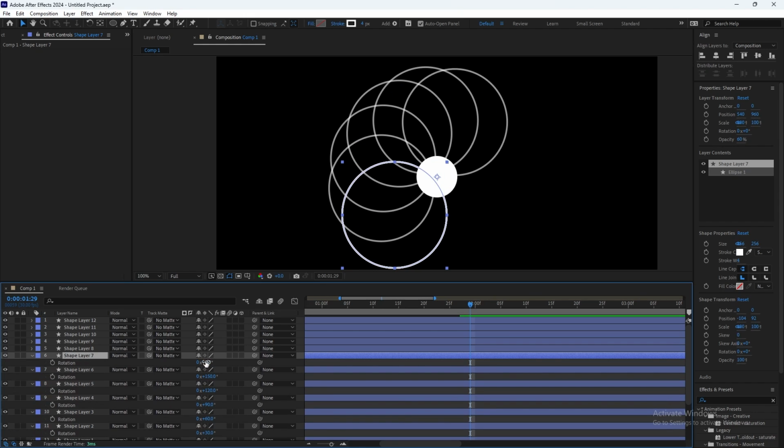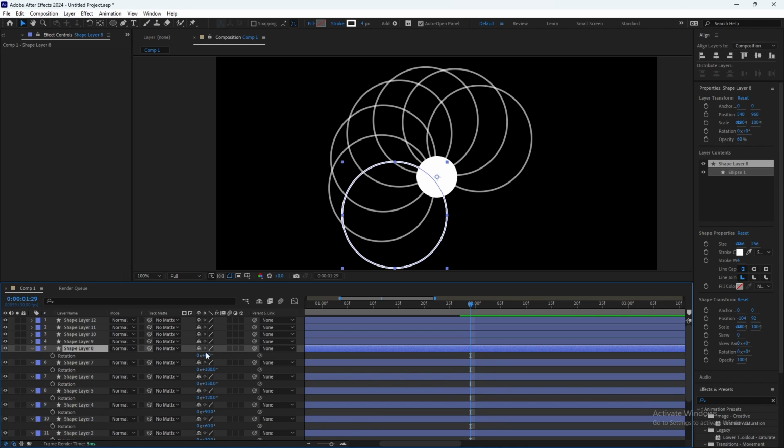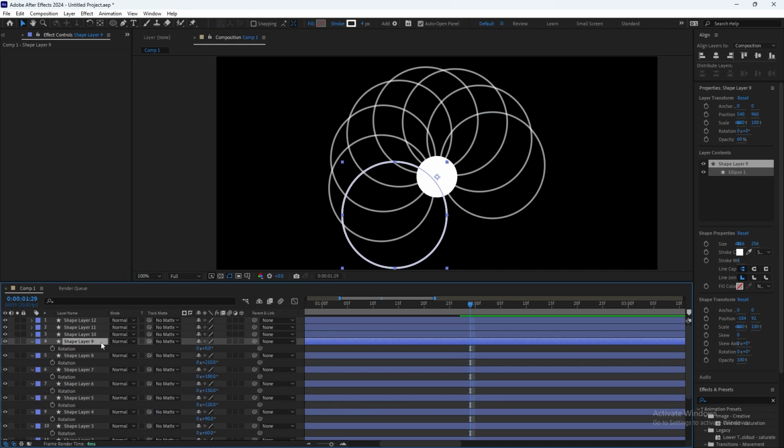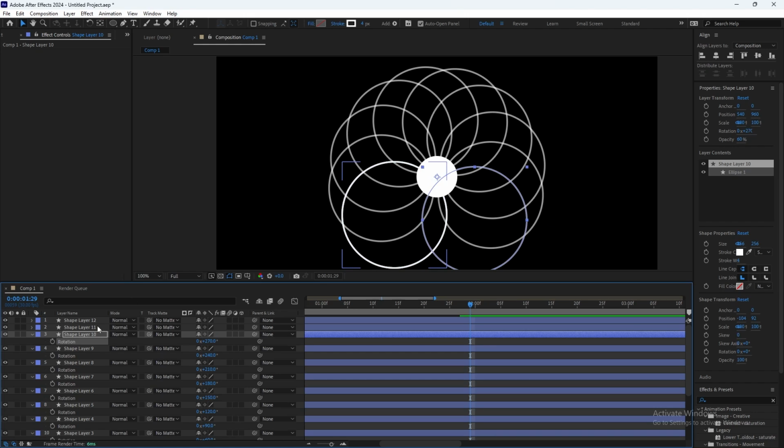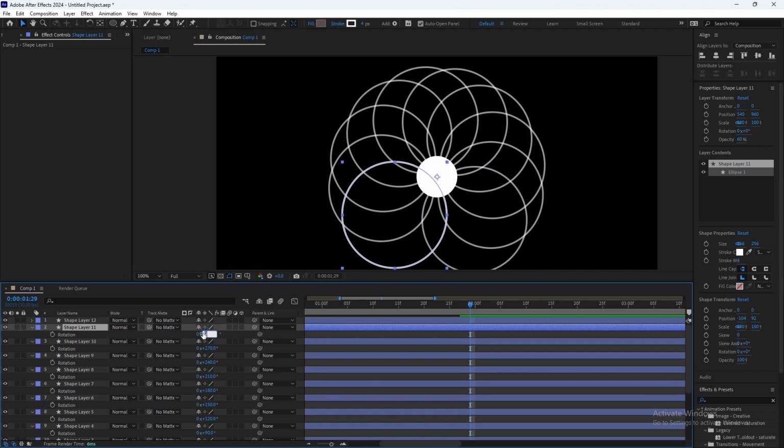We just need to make sure that the space between them is even, so it will look clean. We're almost done.